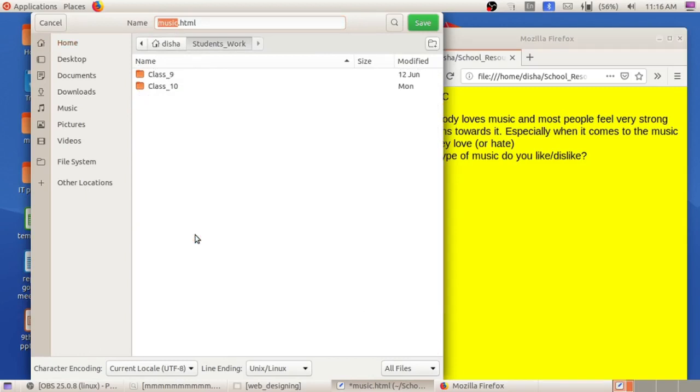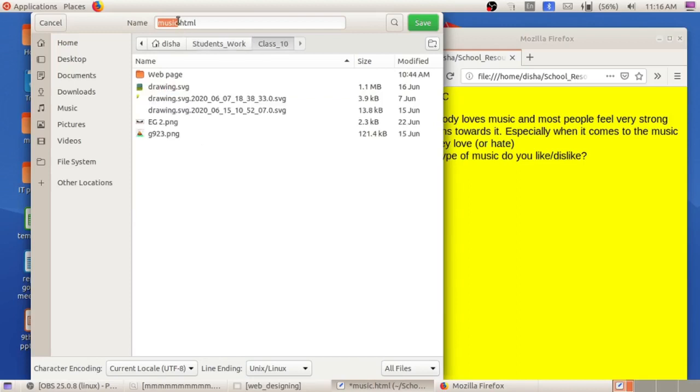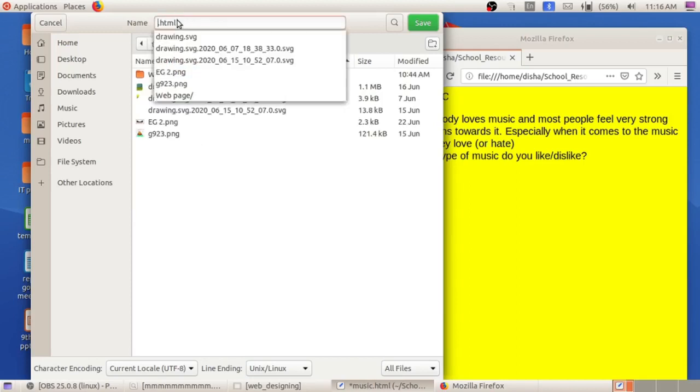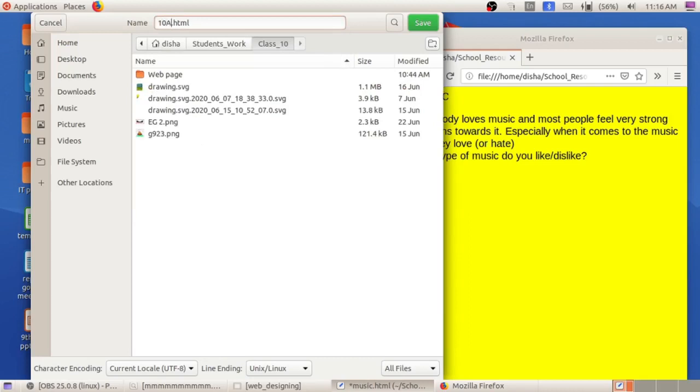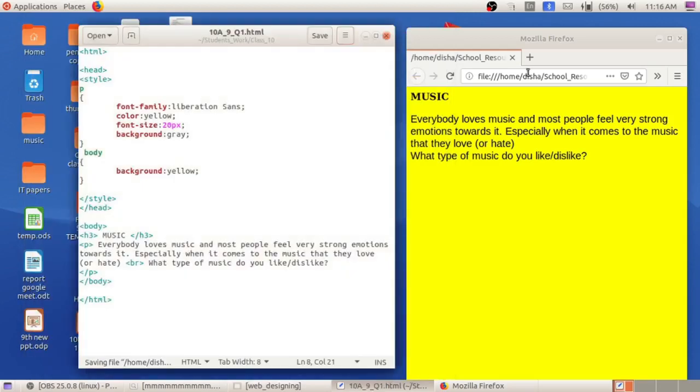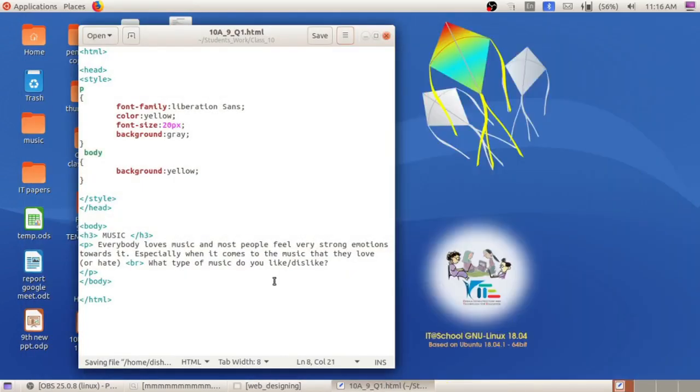If there is exam documents folder, double click to open. Then take your class. Then here give your class and roll number. Suppose 10A. Then give roll number. Then give the question number .html. Then save.